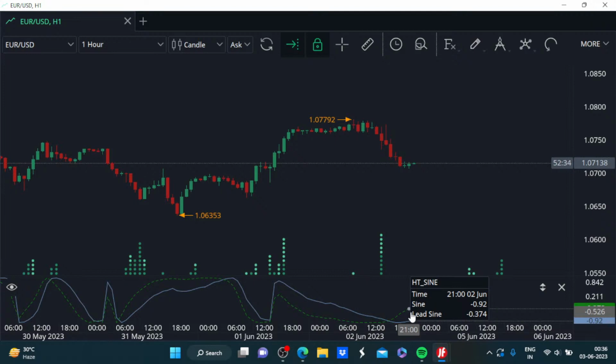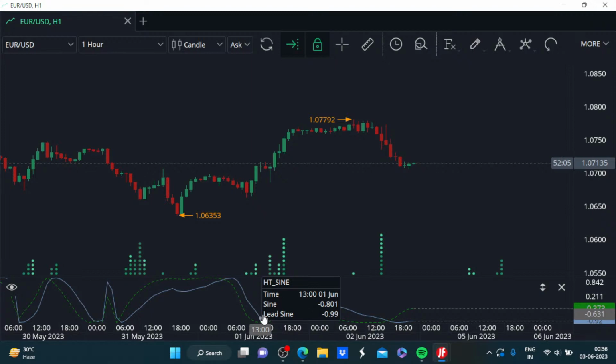But currently, with sine and lead sine both these values in negative territory, we can say that the bias is negative, but not the case with the overall trend. For a bullish trend, all we need is the sine and lead sine value to remain in negative territory,